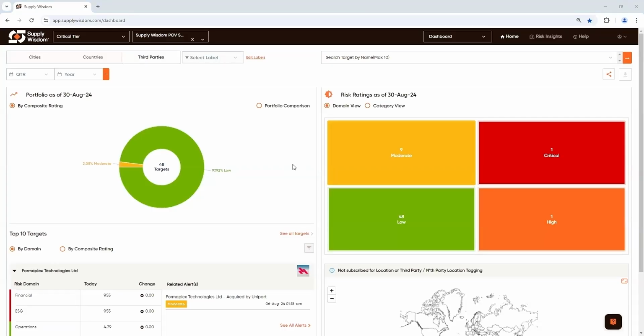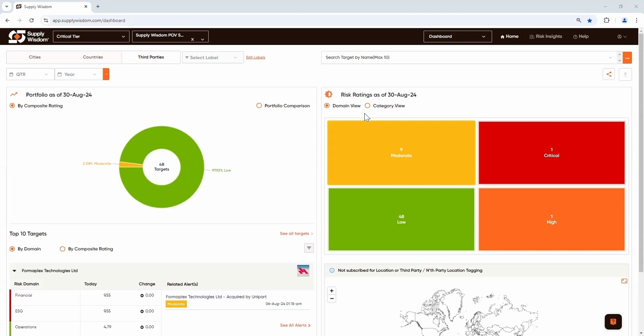So now let's say we want to dig into the full detail view, every single granular metric for a city, country, or third party that we're monitoring. There are really a number of ways to get down to that detail view. Again, there's a profile view for every entity that you're continuously monitoring that contains hundreds of continuously updated metrics at that granular level. Essentially, anywhere you see the name of an entity that you're monitoring, you click the name of that entity, you'll get down to that profile level.